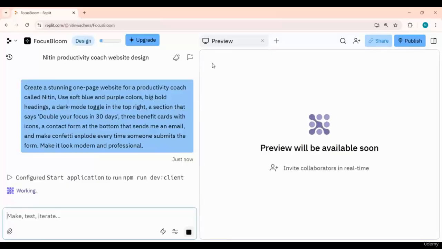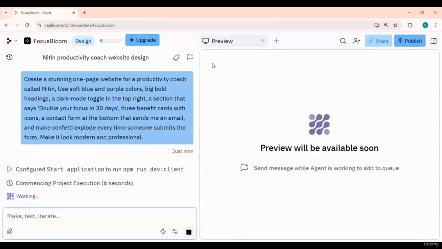So it's working and the preview will be available soon. It's defining the website structure, outlining core elements,